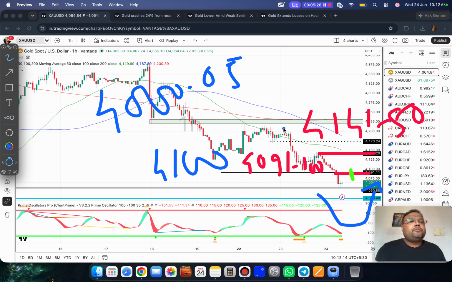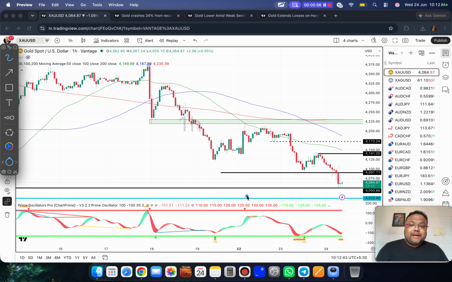Only one buying opportunity is there, around the 4000 level. That is also a little on the riskier side. If you see the market taking support, then only buy. I think it will be better for us to buy after a liquidity sweep, meaning when the market breaks the support and comes up again. So these are the trading opportunities I see on the chart of gold right now. So far we have done a very good job, and we can expect further downside because the market sentiment is still bearish.